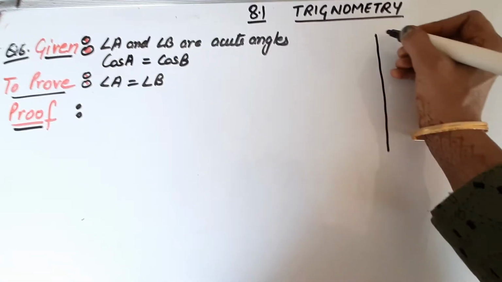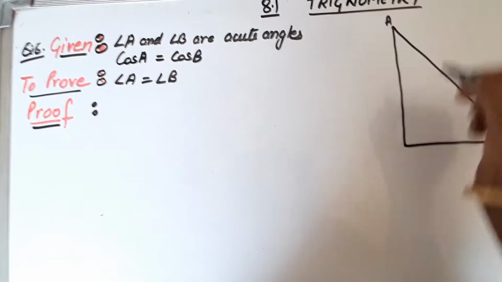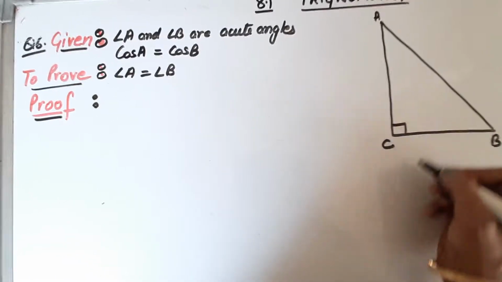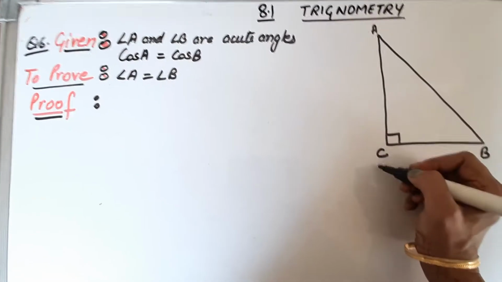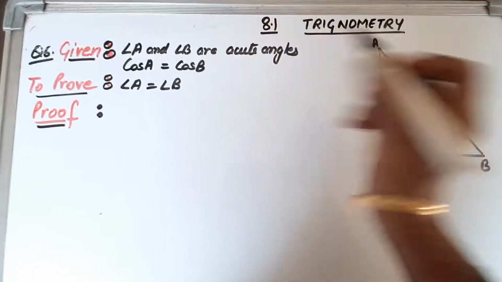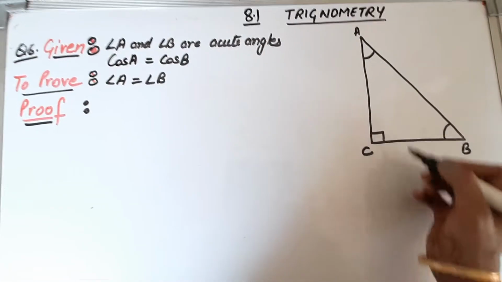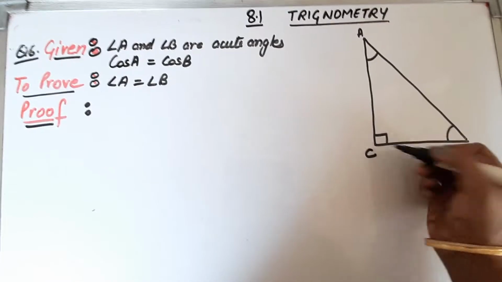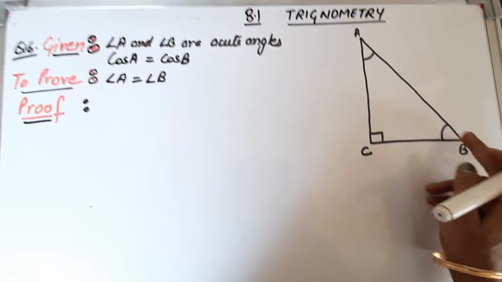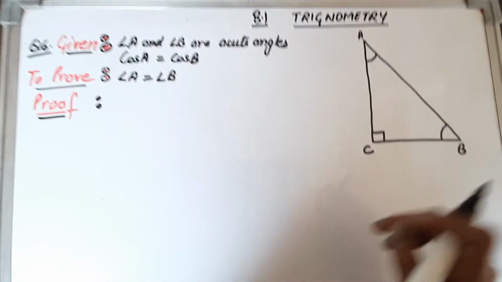So let us first make a right triangle using pencil and scale and mark it as angle A, B and C. Now you might be thinking that why I am not pointing this point as B, because in the question it is given that A and B are acute angles. So A here acute angle, B as acute. So the left point C will be taken as 90 degree. We can't mark B point at here because it is given that B is acute. So we can't mark A and B at C.